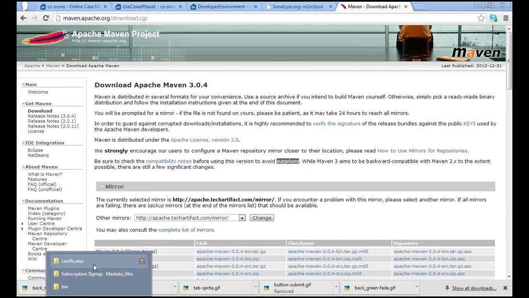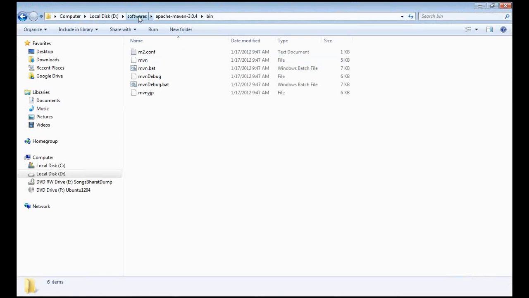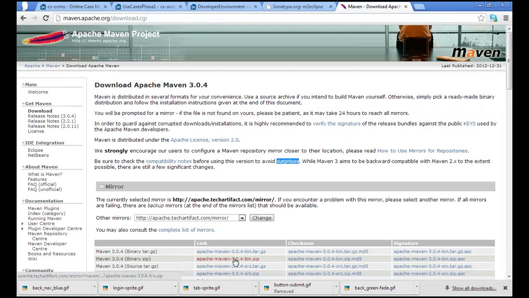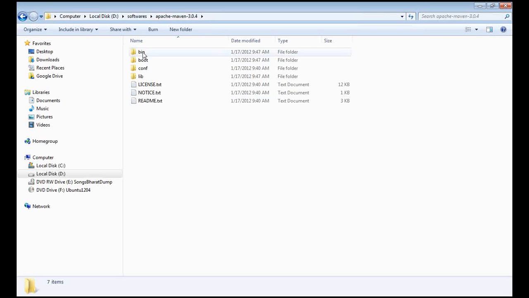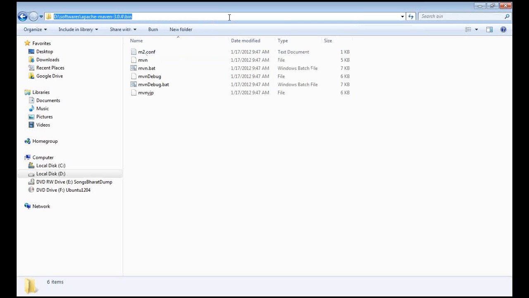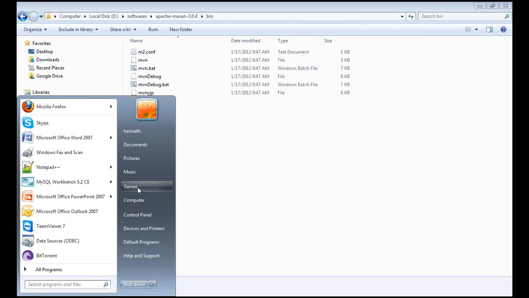That is a zip file. You can download any one of them, but I prefer that for Windows you just get the zip file, the second one, because the other one is a tar.gz, so your zip tool should be able to unzip it. So you download the zip one and extract it, and the extracted folder looks like this. Till the bin folder you need to add it to your